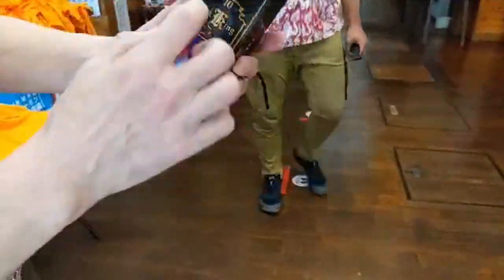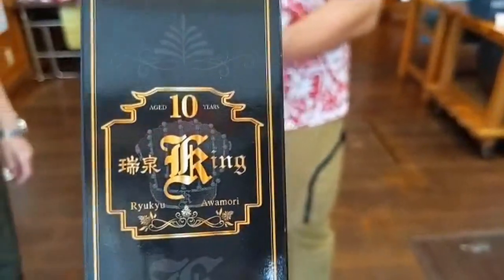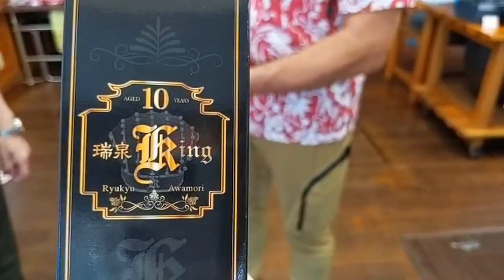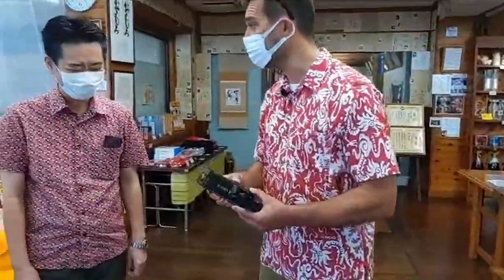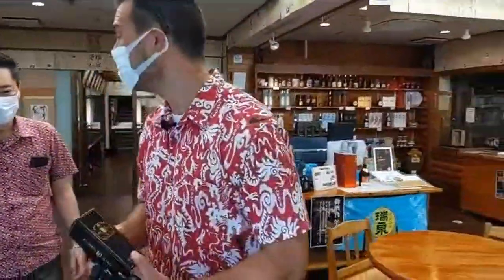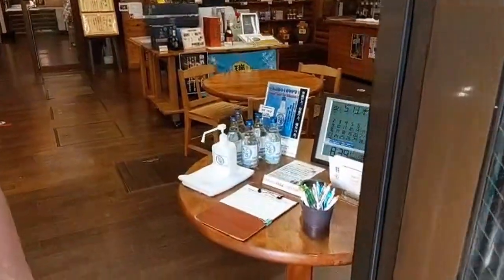It's the Shurijo King. Oh, very good. You see the shape of the design is the same shape as Shurijo. So we see the roof design, the shape of Shurijo. That's very cool. For us, thank you. Thank you. Okay. Oh, and we should just show them that a lot of Aomori companies have actually turned